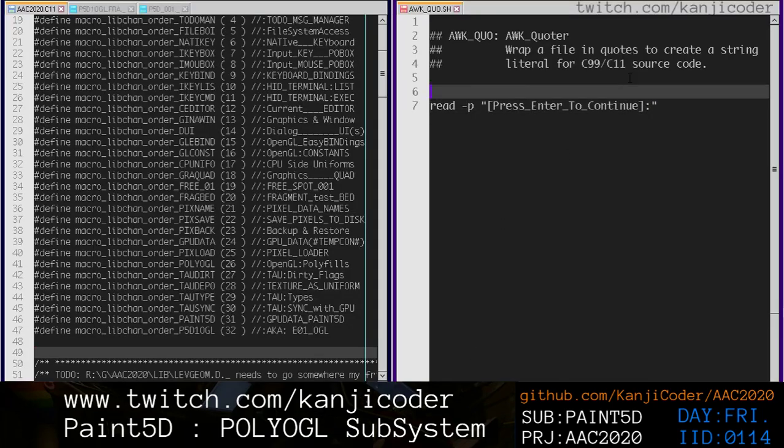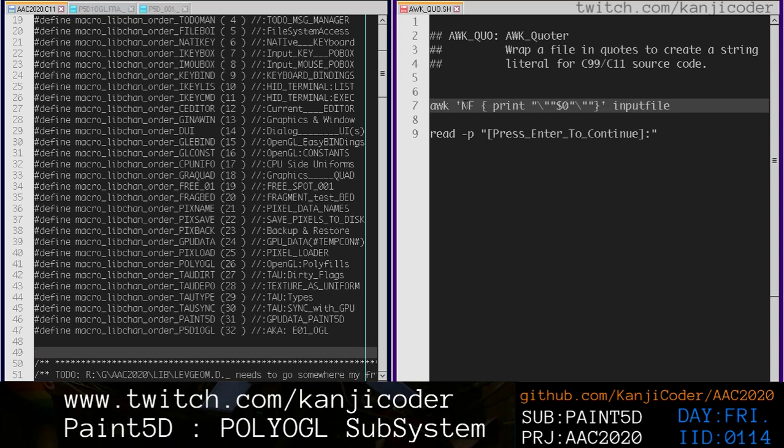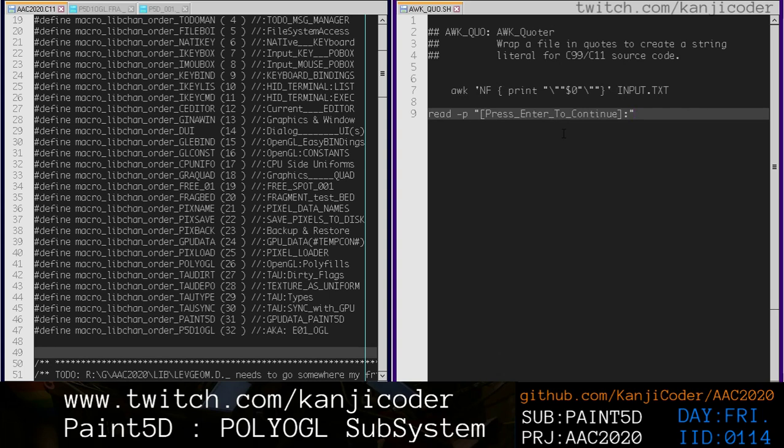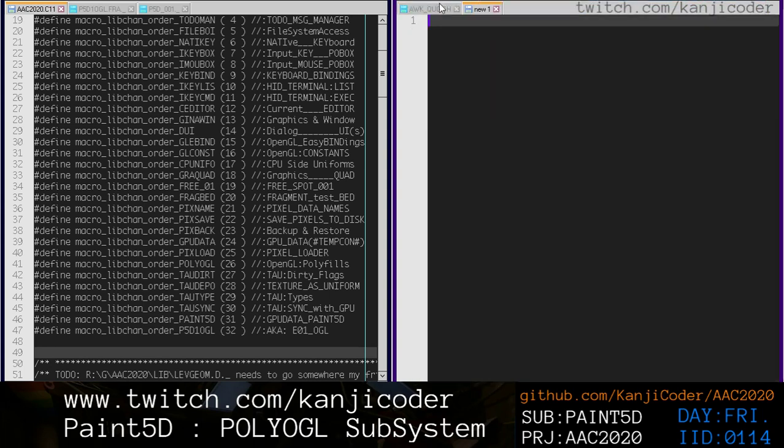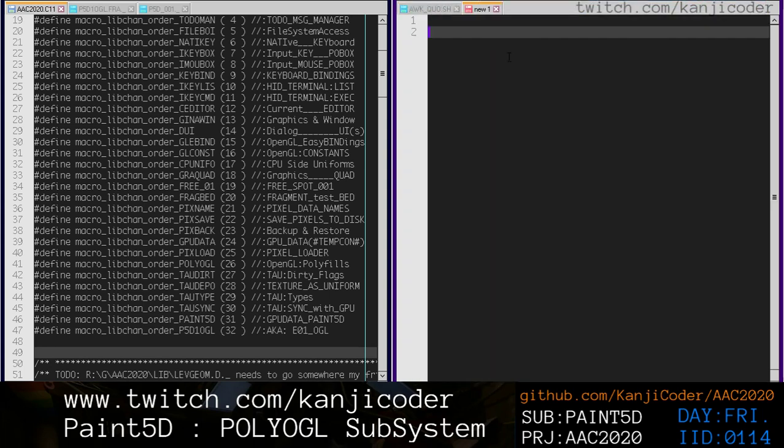And so what we're going to do here is we're just going to take this thing here, and the input file needs to be some type of text file. So we're just going to say, like, input.txt, right? We're going to name it something that actually makes sense, right? And then we're going to do new